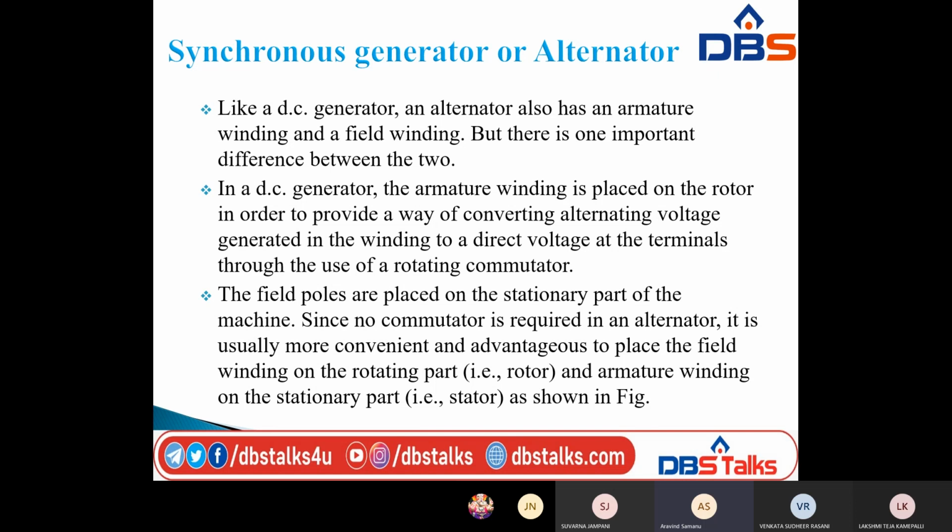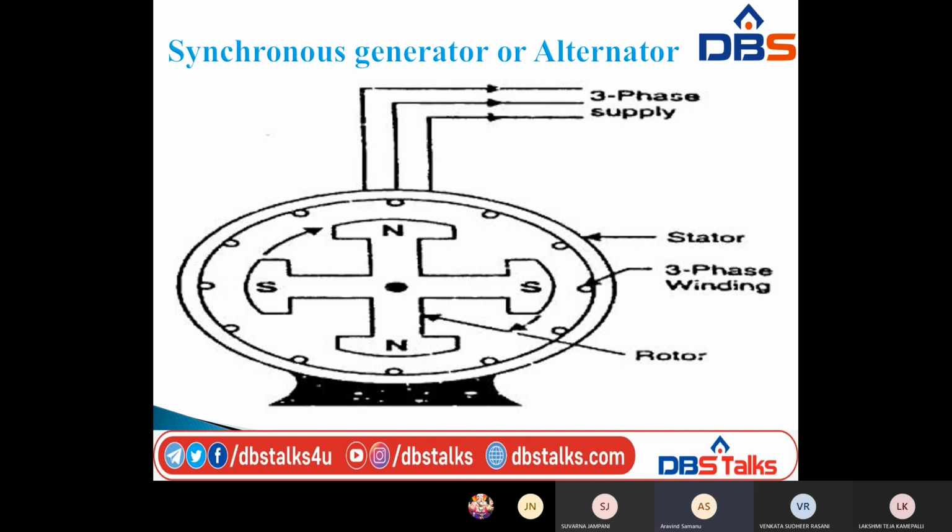If you see this diagram, you will understand. This is the synchronous generator diagram for a three-phase AC supply. Here we have three phases R, Y, B, and the outermost cover is the stator. These rounded balls are the three-phase winding, and this is the rotor, this is the shaft, and this is the belt. This is the synchronous generator or alternator diagram for a three-phase supply.